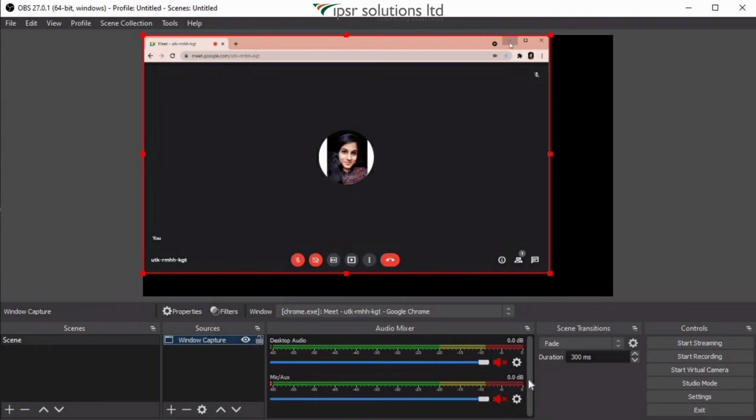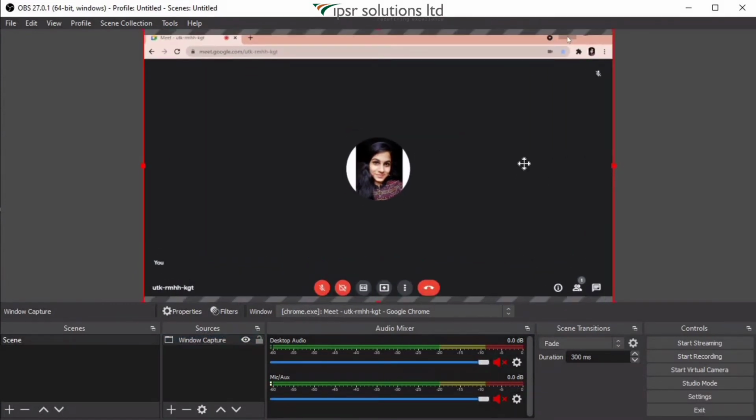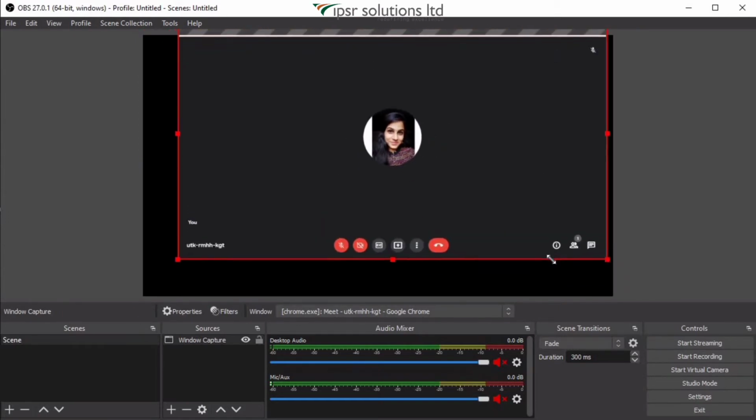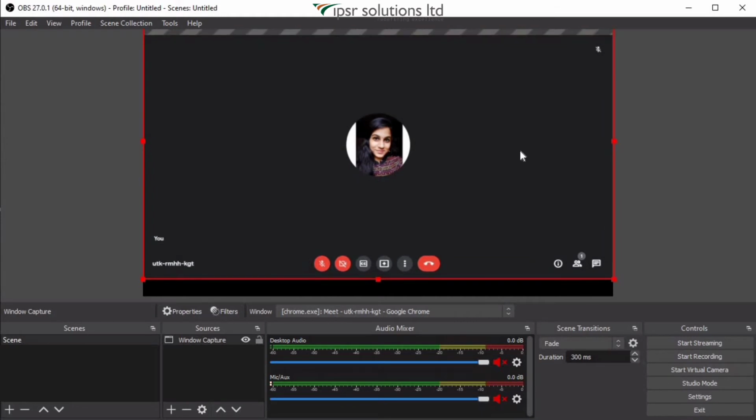Now you can see the Google Meet window on the display canvas over here. You can also adjust the screen according to how you want the audience to see this window. So if you don't want to show some part of this window, you can easily drag that part outside this canvas and that won't be shown. So we have set up the window which we want to stream.